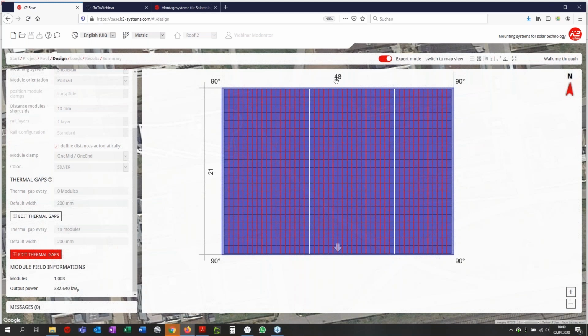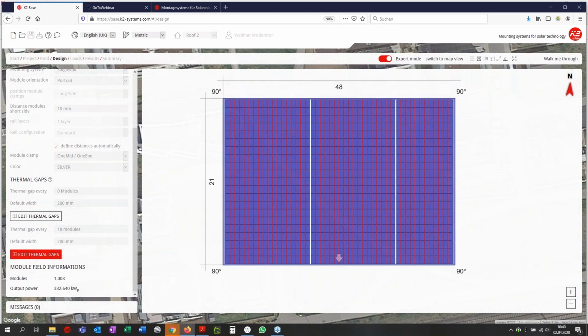This rail would be 48 meters long, and the expansion, because of warmer days and colder nights, for example, would be immense. So this would have a bad effect on the roof hooks and on the roof itself. So this is why it's necessary to have a thermal gap